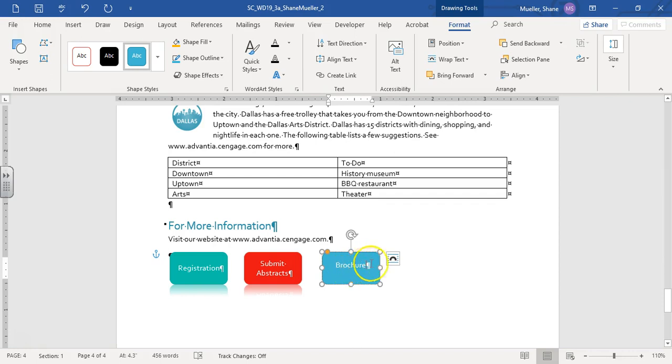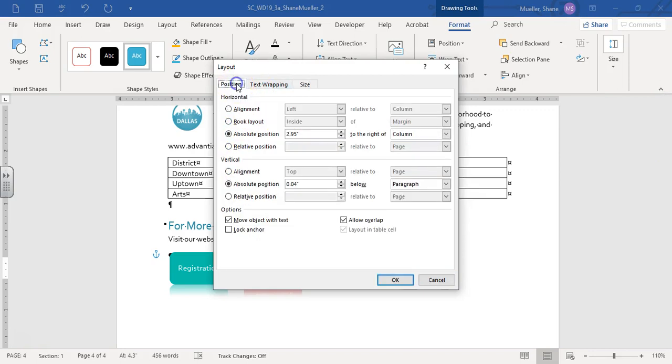We're going to position it using an absolute horizontal position. So with that one selected, we're going to use that size launcher, and then position. And this one wants a horizontal position of 2.9 to the right of column. So absolute position 2.9 to the right of column, and then our vertical position is going to be absolute 0.03, and this one's going to be below paragraph. Okay,